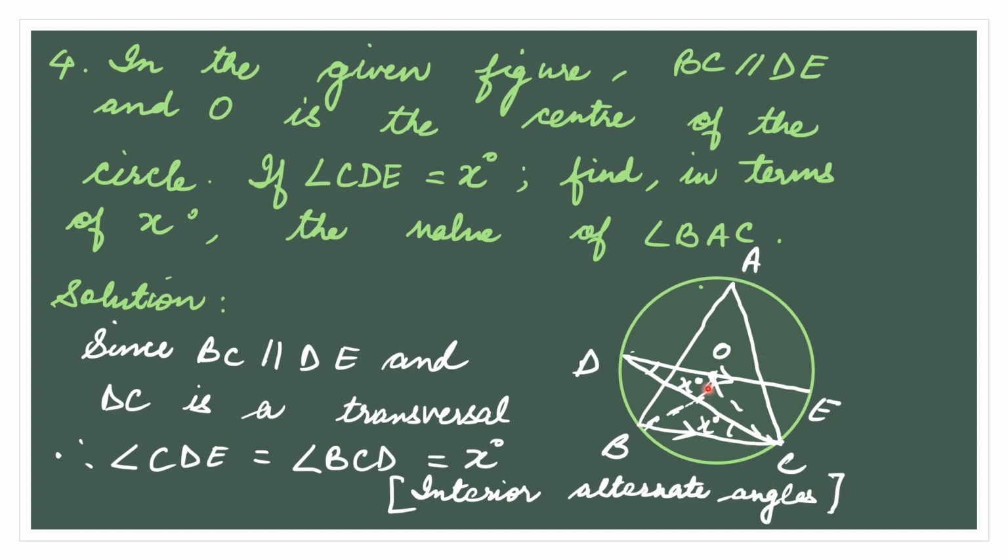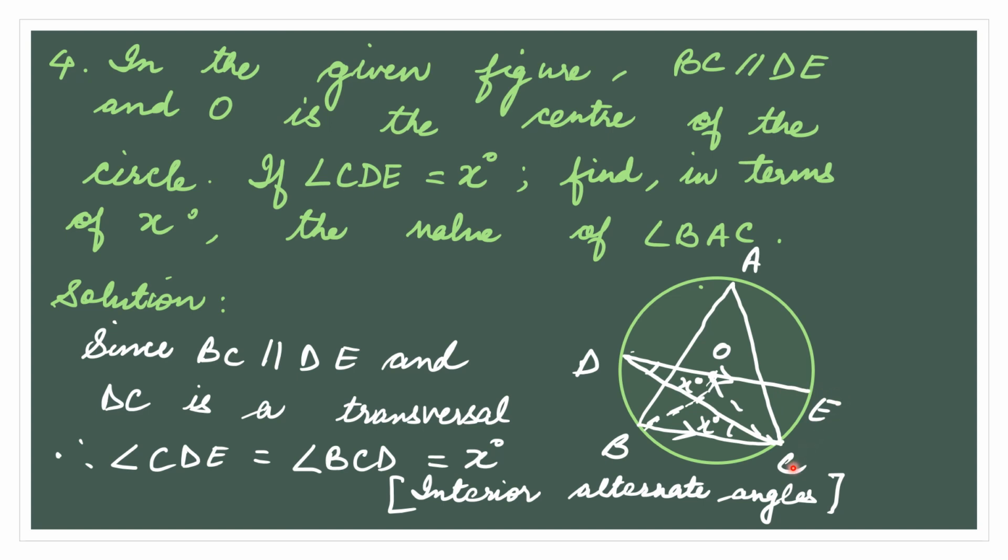If we join BO and OC, then if we can find the value of BOC in terms of x, we can find the value of BAC, because it will be half of BOC, since it is subtended by the same arc at the center and circumference. Now see this segment, children. CE segment is